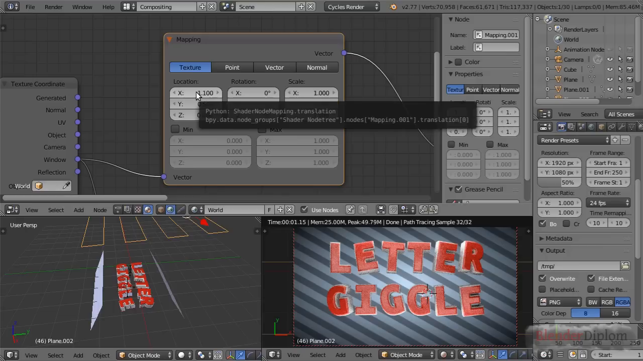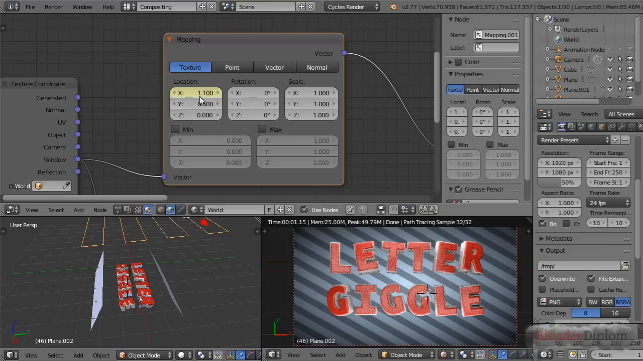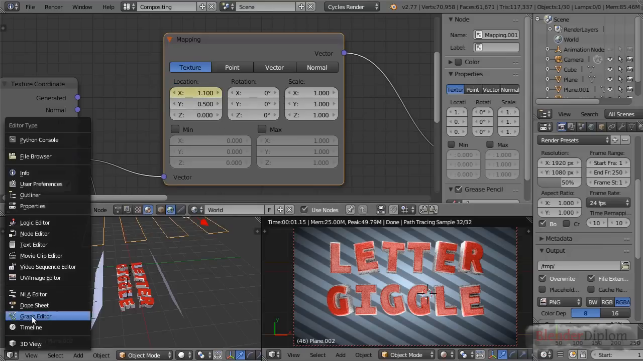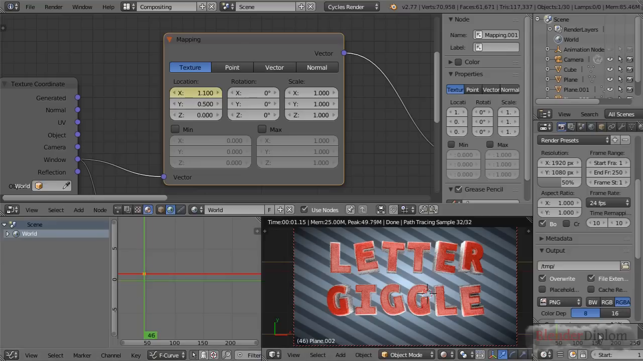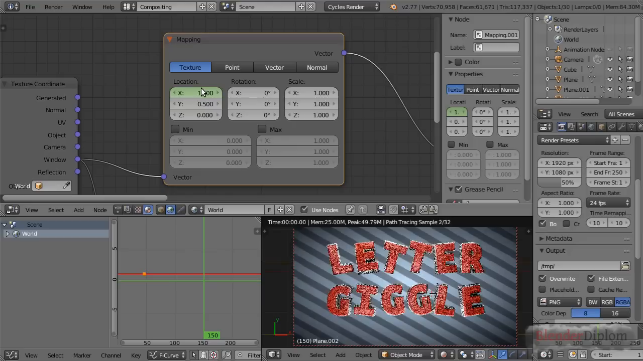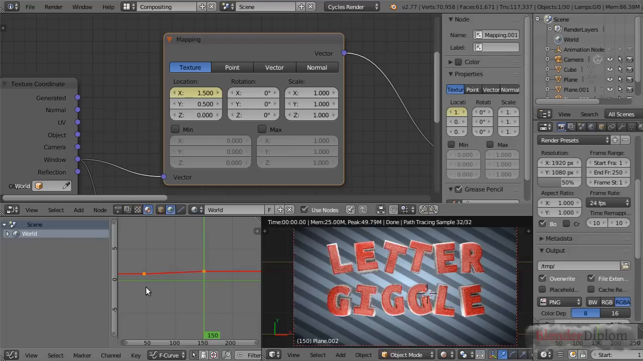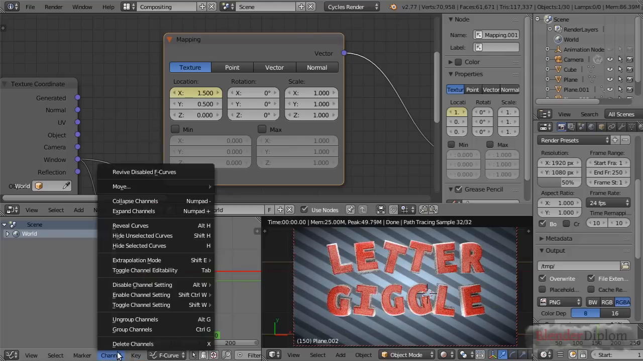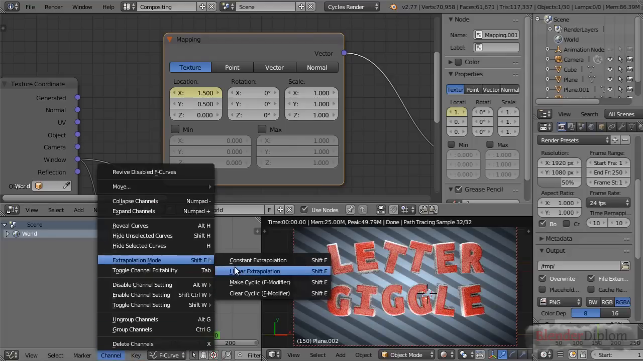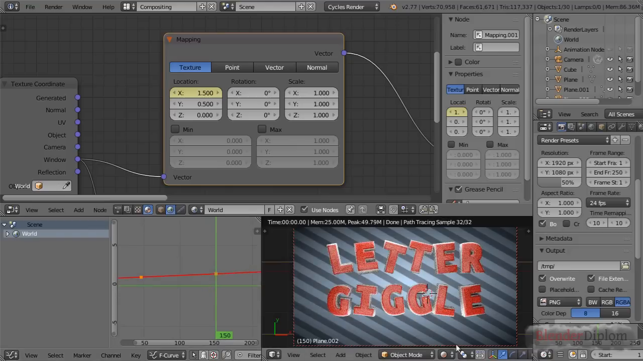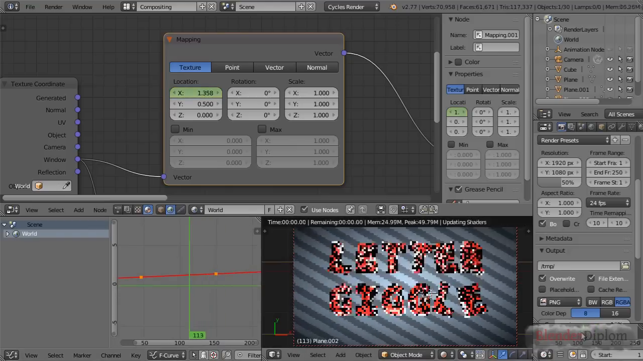So let me insert a keyframe, right click, insert single keyframe, and then go to the graph editor. Then I will insert a keyframe again, like at 1.5 maybe. Right click, insert single keyframe, and here let me hit T, linear, so the interpolation becomes linear, and then channel, extrapolation mode, linear as well. And now I have moving stripes,